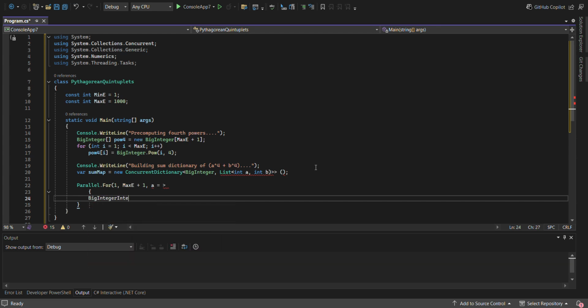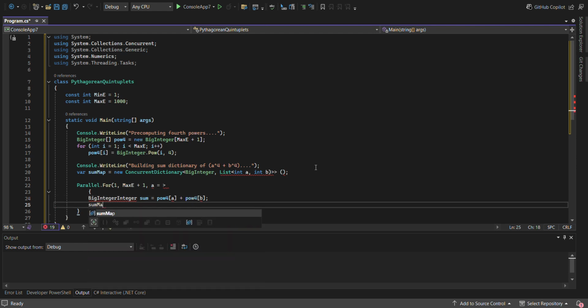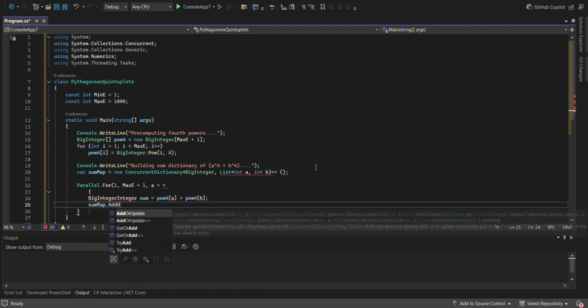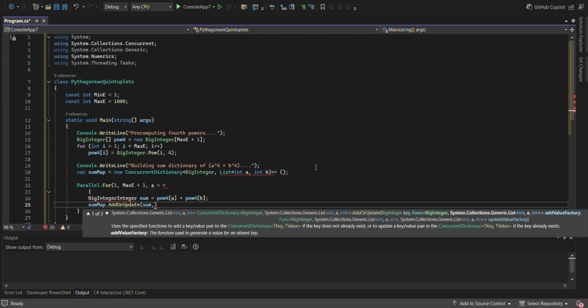So all right, big integer sum equals power of a. Nope. Power of a. That's all I need. Plus the power 4 on b. Okay. Nope. B. Good. In that sum map dot add or update sum. Okay, so